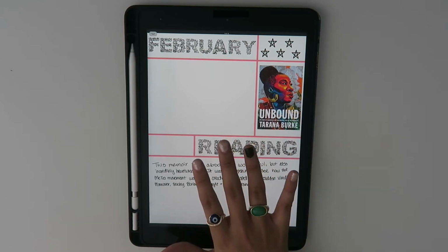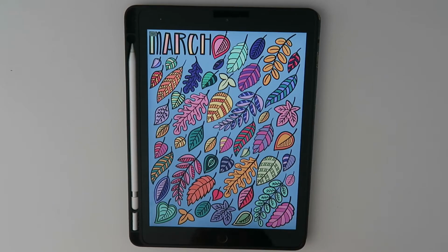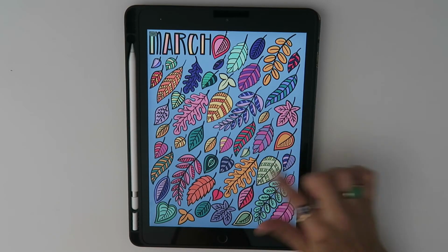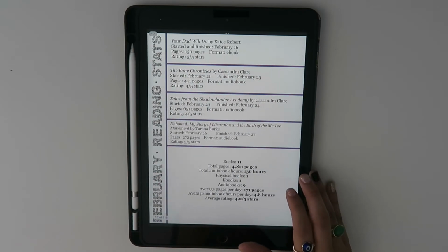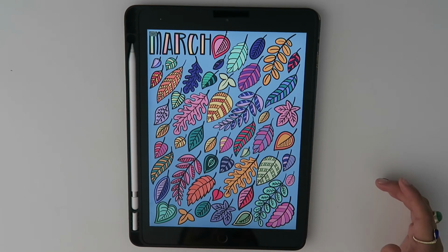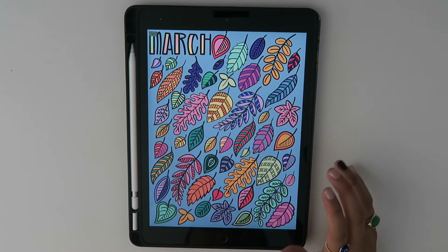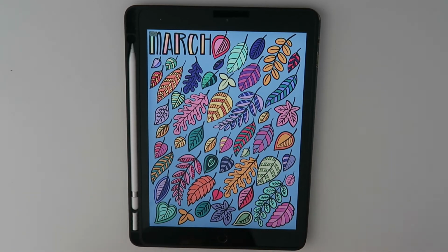I just haven't sat down to write it yet. You know, here you have my stats and my wrap up. I continued doing these two-tiered spreads up until like July. And then a couple days ago, I decided that that wasn't really working because I wasn't really writing the reviews, and I wanted something different for my review pages, maybe something a little more streamlined, because I've gotten very busy,